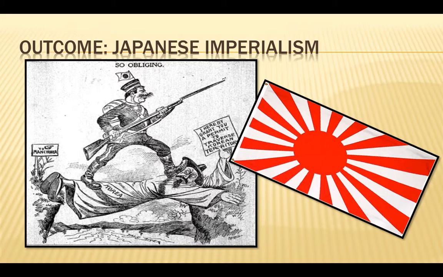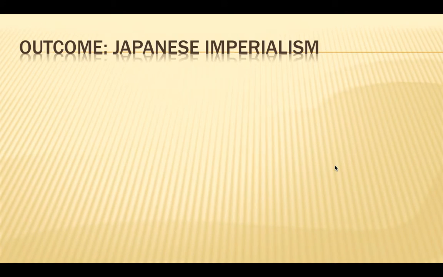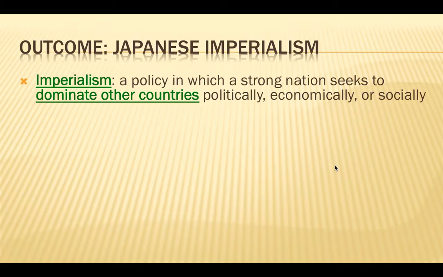So I'm jumping a little bit here into Japanese imperialism. This is after the samurais have been wiped out. This is after the British had come in and showed them the way that things could be, and they started to become imperialistic. And imperialism, we're talking about a policy. Imperialism is growing your nation to become stronger and take over and become controlling of the other